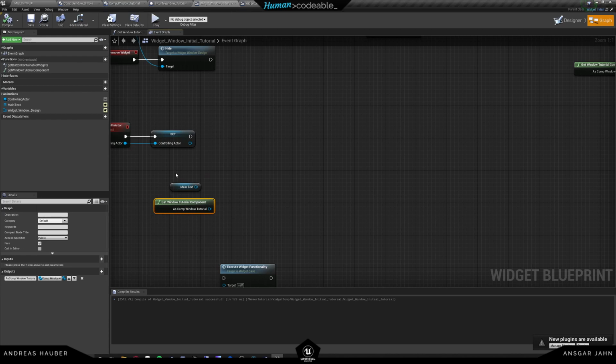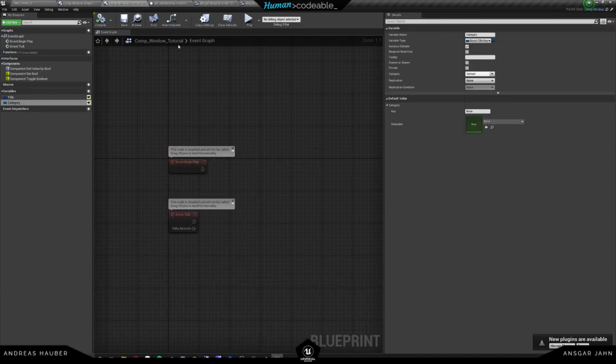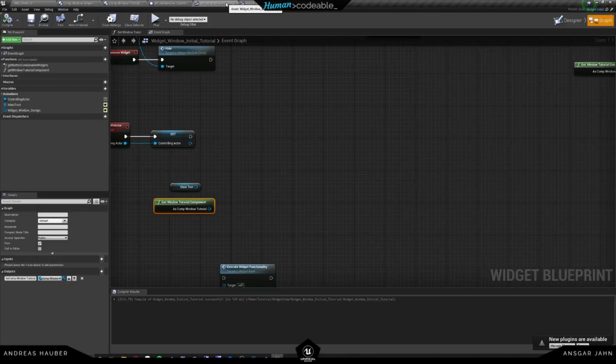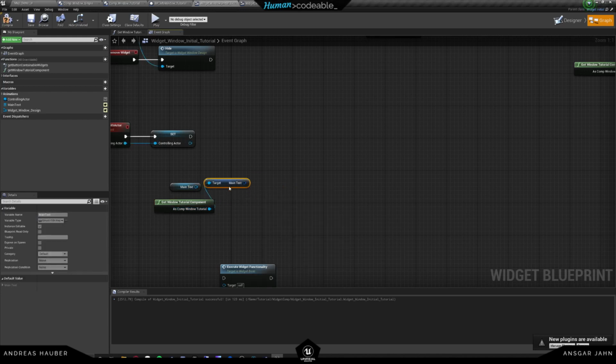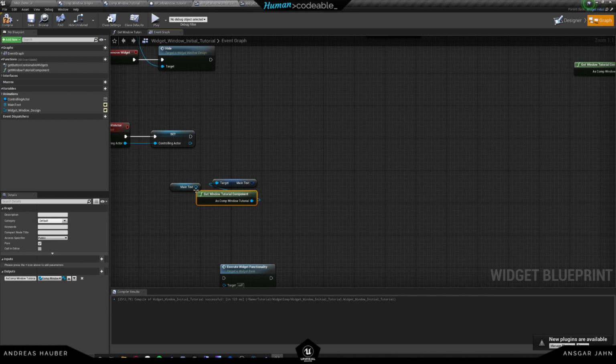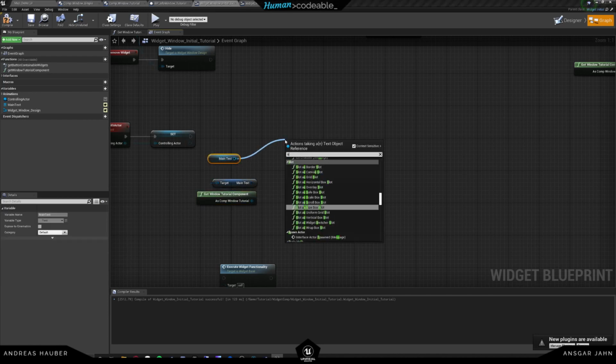Remember, this points directly to this tutorial window, and since we just created a text field, we want to do that too. So we have our main text variable over here, we'll make it visible. And now in our widget itself, since we can access everything on the component right over here, we'll have that shortcut and set our text. So set text,